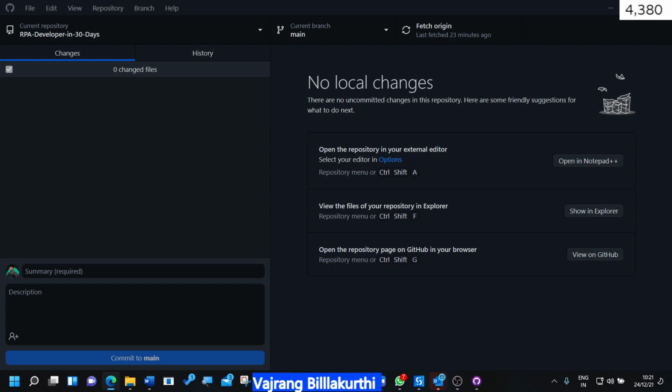What is the word, Sarita, for the integration workflow process, right? Integrated workflow. Integration testing. Do integration testing for the integrated workflow process.